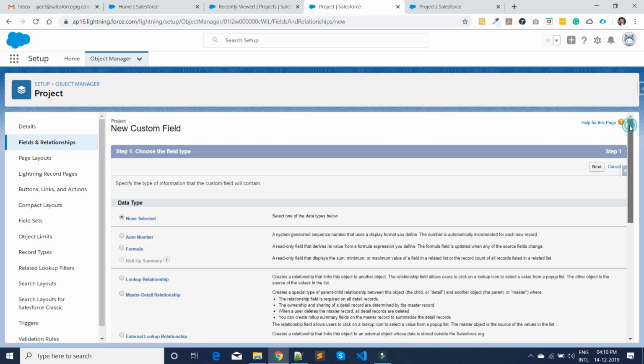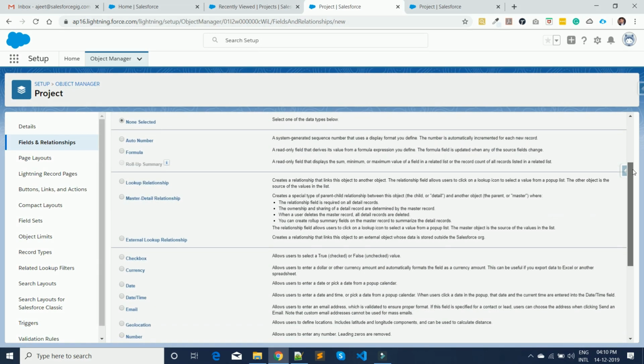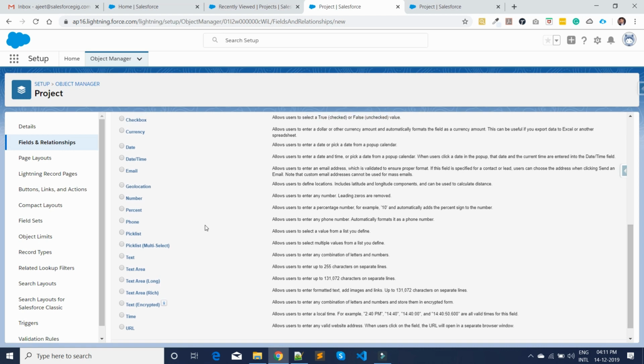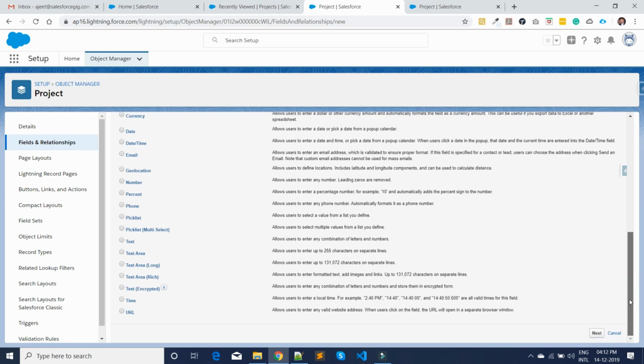Now to create a custom field, we first need to identify the type of data we need to store. So here you can see we have multiple data types. We will talk about these roll-up, formula, auto number or these relationship fields in the upcoming videos. In this, let's just cover these basic types. As you can see, we have various types like checkbox to store boolean value, currency will be used to store decimal value, date type will be used to store date values, and so on. The usage of these types can be easily understood by their names or with the help text provided here on the right side.